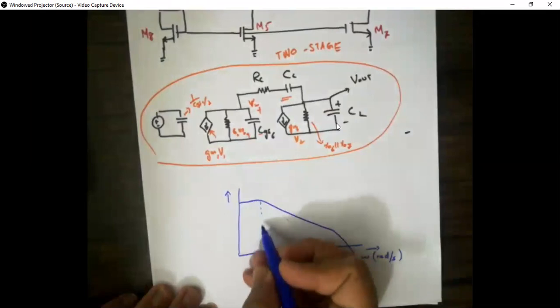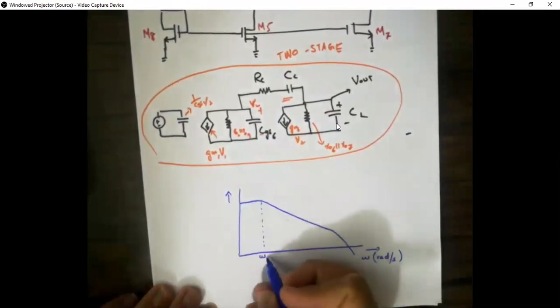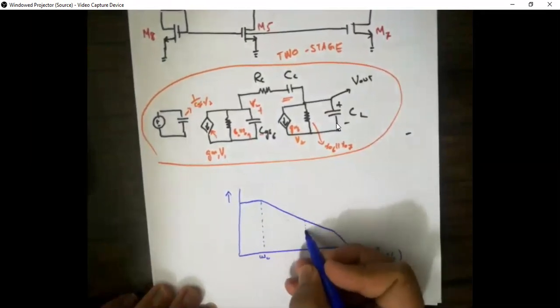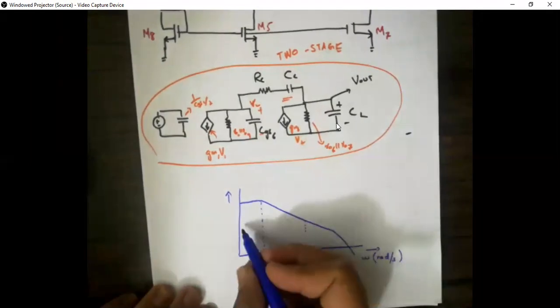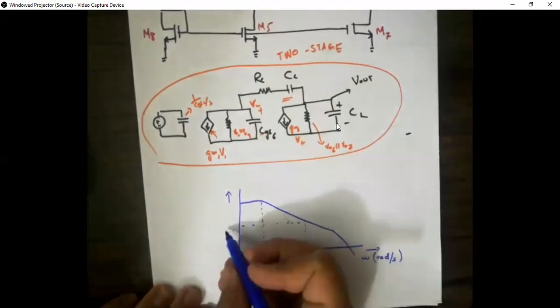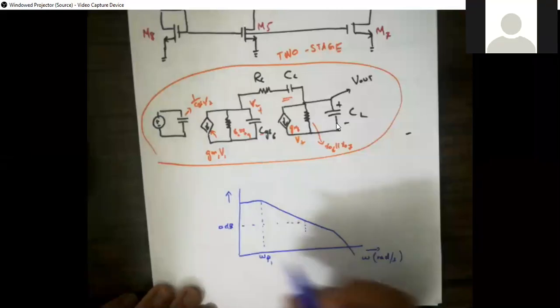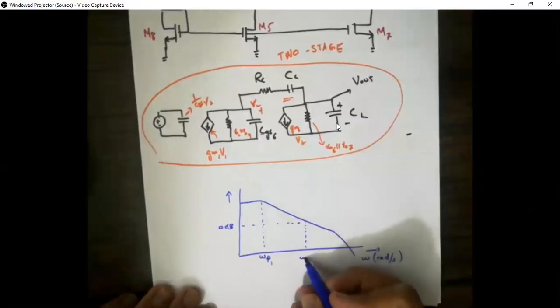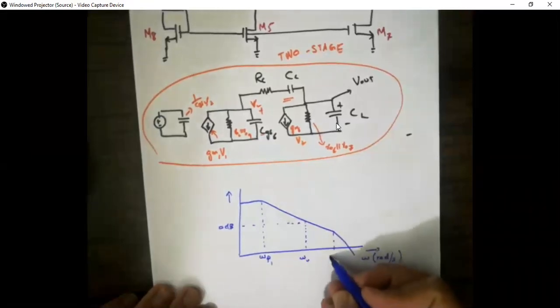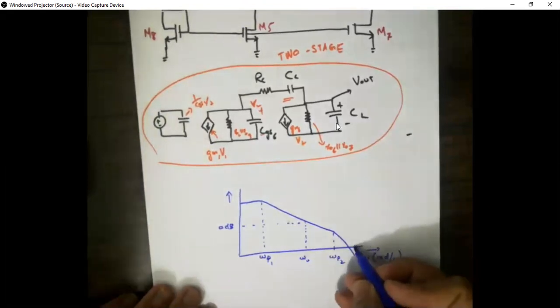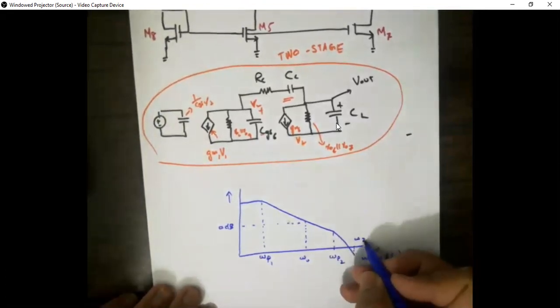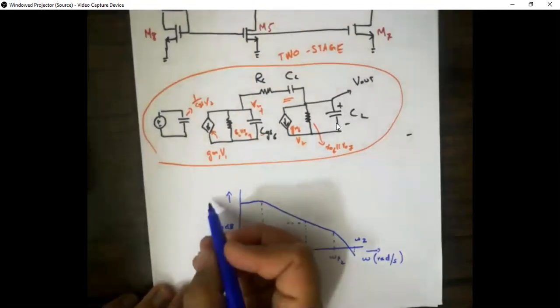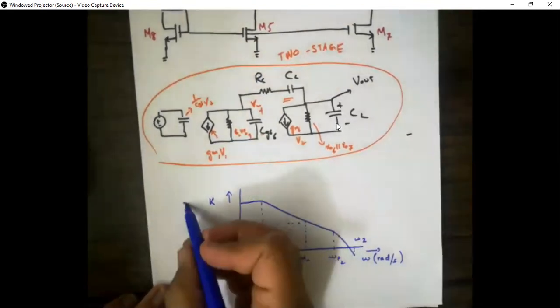So this one was our omega naught. Sorry, this one was omega p1 at some frequency where it reaches 0 dB. So that was omega naught for us, and this point was omega p2. And then we also said we are going to have an omega z here, and this was k for us. So 20 log